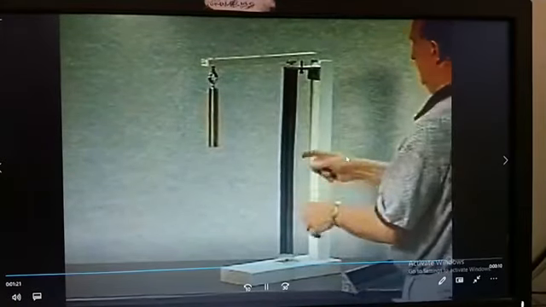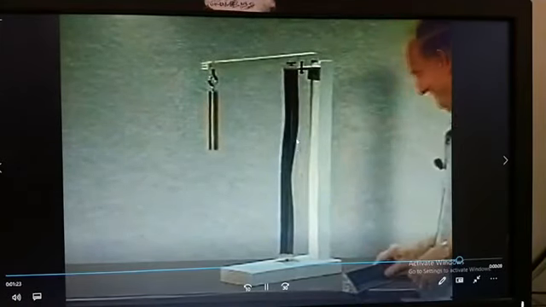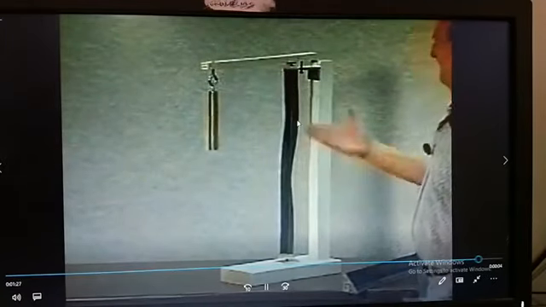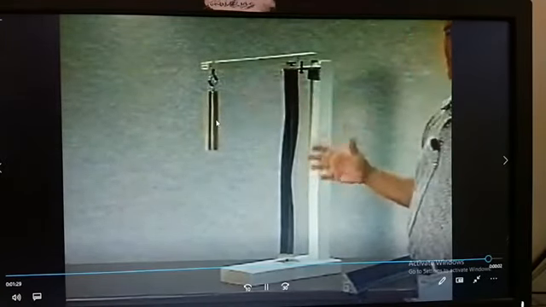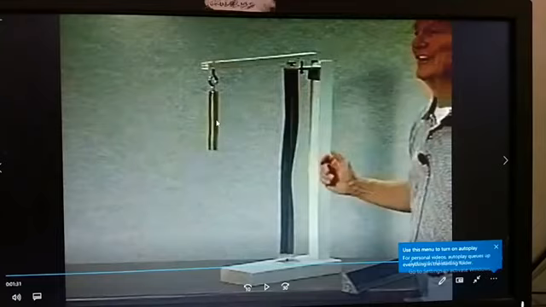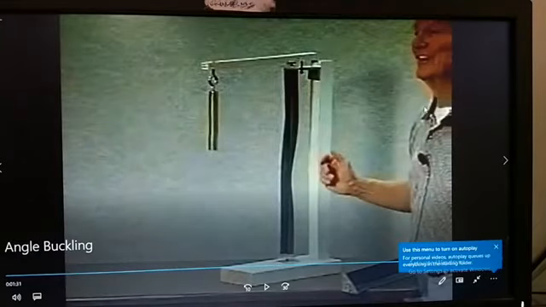For a heavy load, see how the angle was buckled, right? The smaller members also will buckle, but it needs more load to get buckled. Okay, so this is angle buckling.